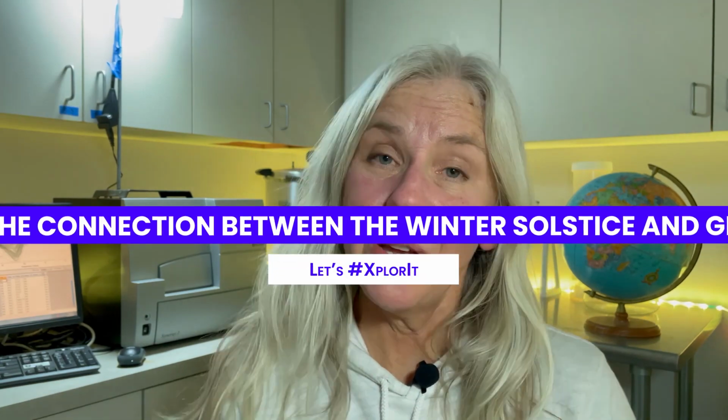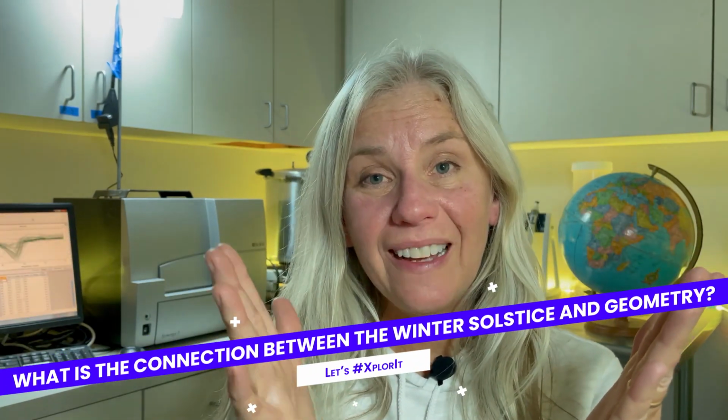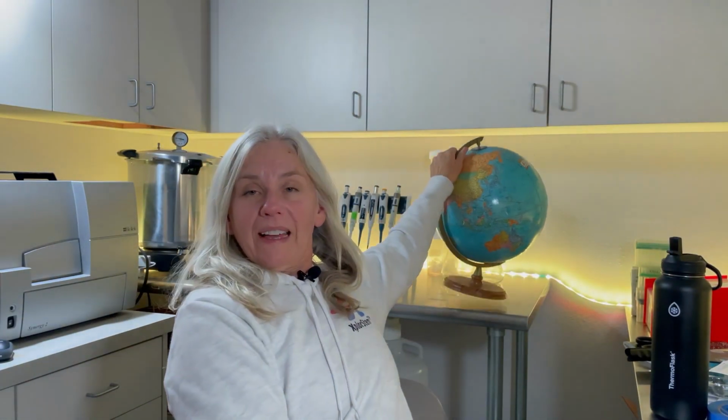What's the connection between the winter solstice and geometry? Let's explore it. Knowledge of the winter solstice has been around since ancient times, but would you believe it's all about geometry? If we look at a globe like this one, we see that the north and south poles are